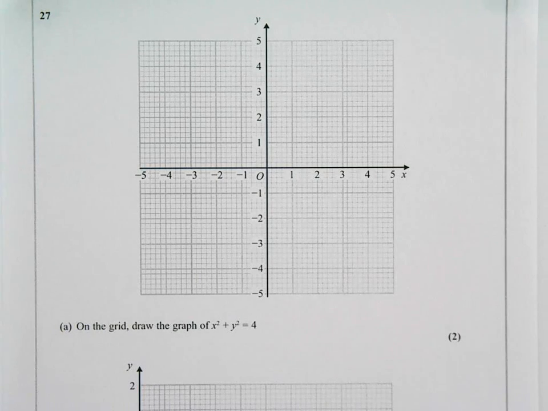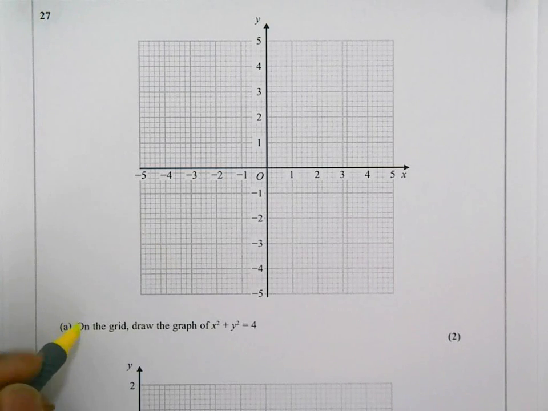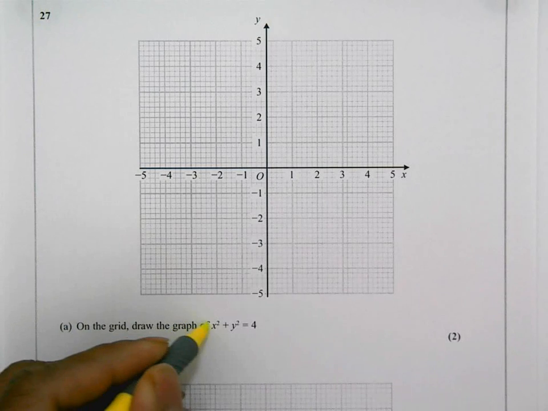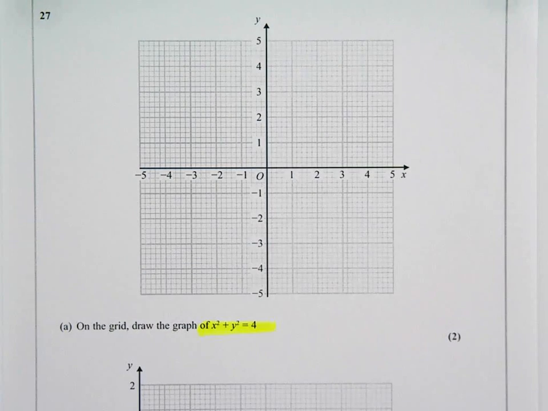Okay, here's question 27 on the higher non-calculator paper. The question has two parts, part A and part B, and it's worth 4 marks altogether. There's a grid here, and the question says, on the grid, draw the graph of x squared plus y squared is equal to 4. Okay, this question is pretty straightforward, because if you know it, you're going to get 4